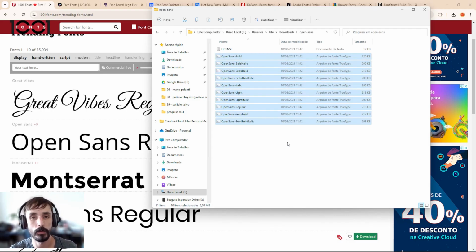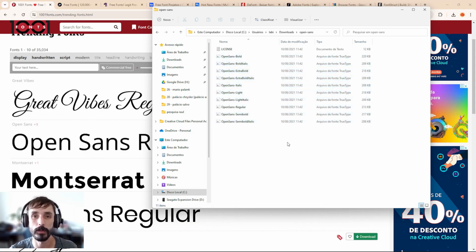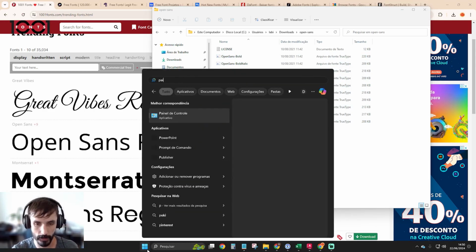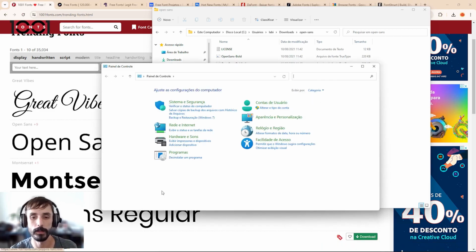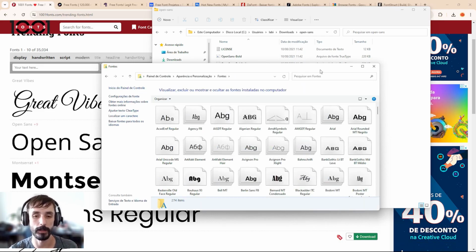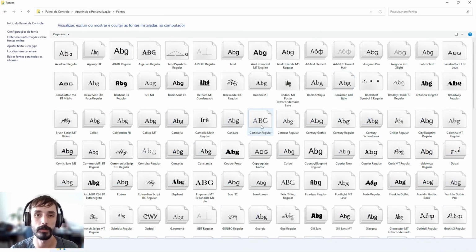Yeah, to check where the fonts are installed on your computer, you can go to the control panel, right? So to access the control panel, we can go to Start and type in Control Panel. In the control panel, in the search bar, we can type fonts and click on the fonts folder. Yeah, when you open that folder, you'll see all the font families installed, all the different font types that are